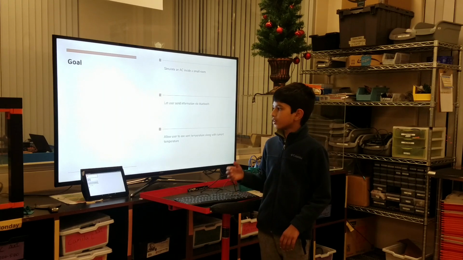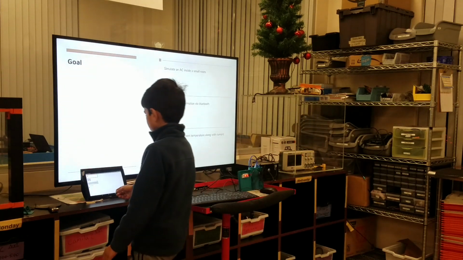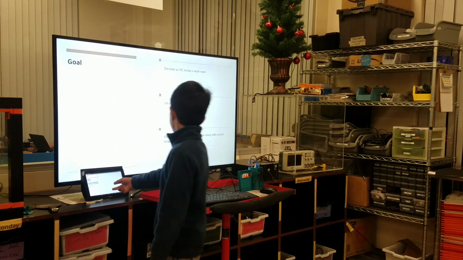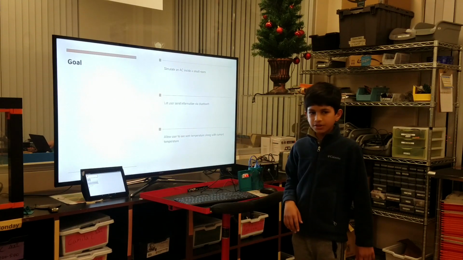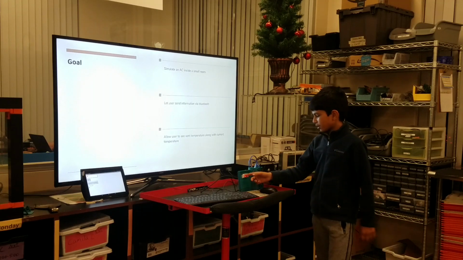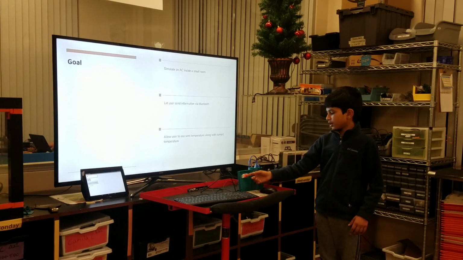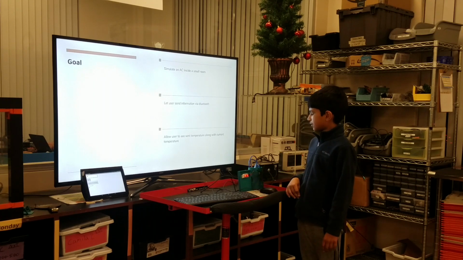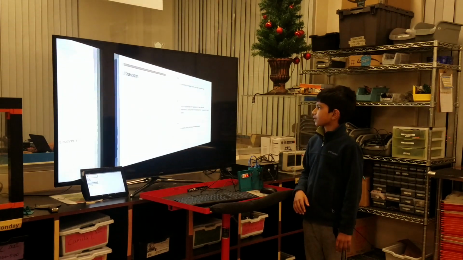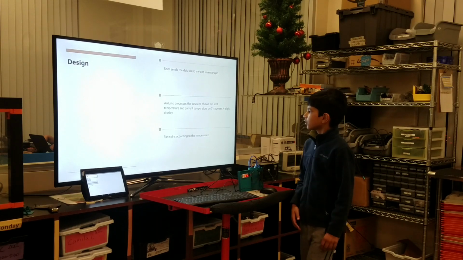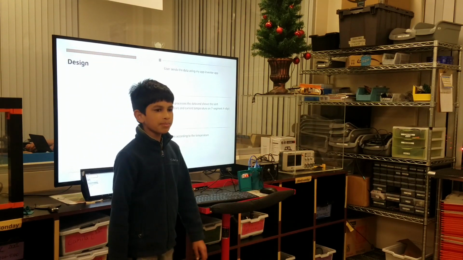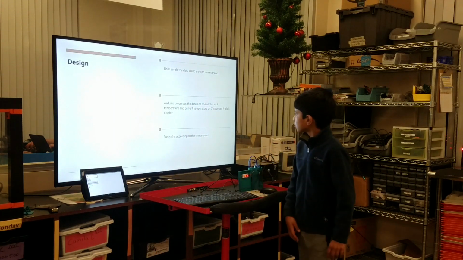Also, it should let the user send information using my app I made on App Inventor, which is shown here. And I want the user to see the sent temperature on the left side of the display, and on the right side to see the current temperature. My design was for the user to send data through my App Inventor app, and then the Arduino shows the data